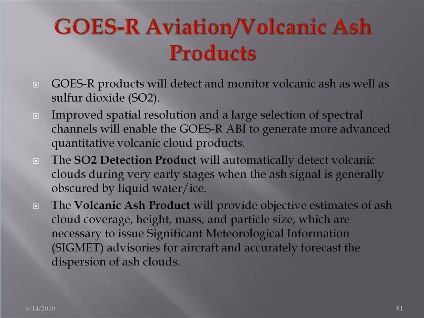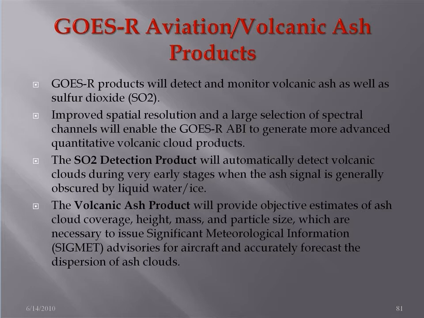Improved spatial resolution and a large selection of spectral channels will enable GOES-R ABI, or Advanced Baseline Imager, to generate more advanced quantitative volcanic cloud products. The SO2 detection product will automatically detect volcanic clouds during very early stages when an ash signal is generally obscured by liquid water and ice. The Volcanic Ash product will provide objective estimates of ash cloud coverage, height, mass, and particle size, which are necessary to issue SIGMETs in the case of advisories for aircraft, and accurately forecast the dispersion of the ash clouds themselves